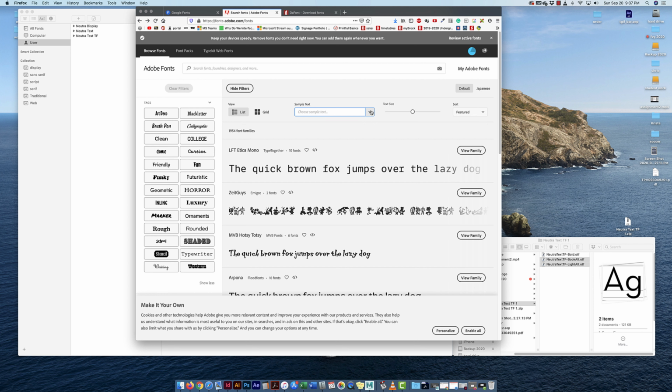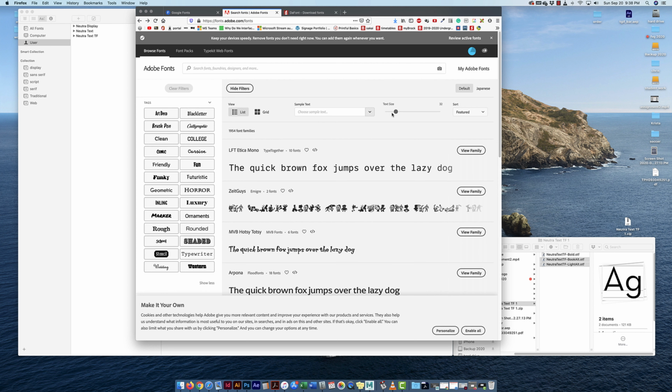Obviously, they have this initial sample text, a very popular text, but you could enter your own text, alphabet. You could do a full alphabet with all the different glyphs. You could use a few different ones that they have, okay? Or you could, like I said, just type in your own, the different text size if you're not too sure. And of course, you can sort